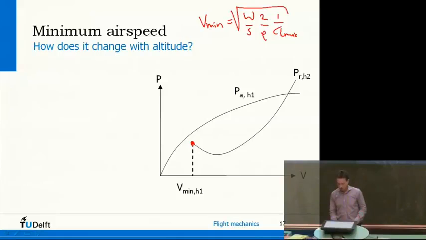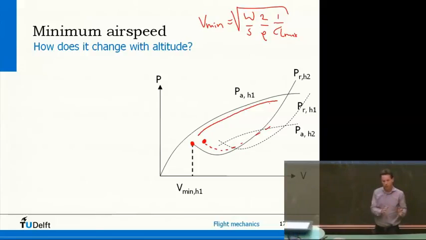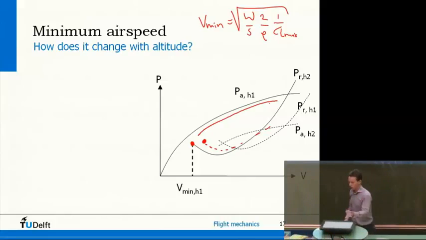Now let's see what happens if I go up in the atmosphere and these curves start to change. Now the power reduces significantly if I go a lot higher, and I've shown before that this is just a qualitative diagram, but the curve goes up and to the right. I should have actually drawn one in between, which is maybe somewhere over here. So minimum airspeed and then power. So what you see straight away is that this minimum point, because the curve goes to the right, actually shifts to the right. You can see it in the equation as well, that